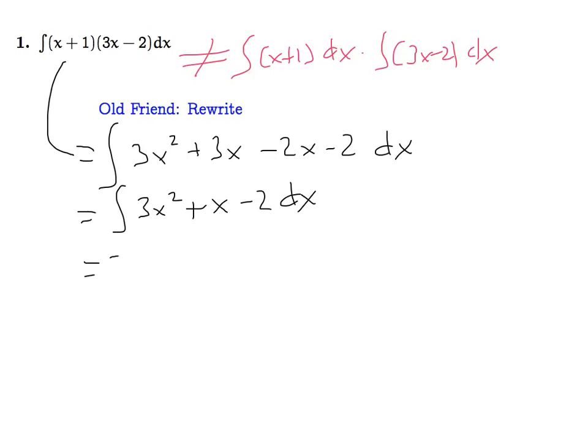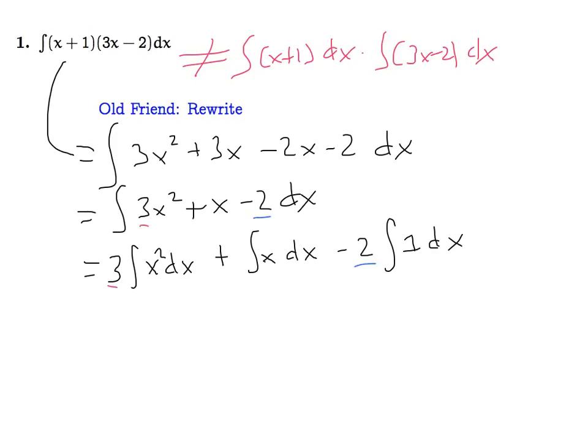So I can break this up into 3 times the integral of x squared dx plus the integral of x dx minus 2 times the integral of 1 dx. So this was a matter of taking my constants out front for each of these, and remembering there's a nice little 1 still in there. And now I can take the integrals of these using my power rules. So this will be 3 times x cubed over 3 plus x squared over 2, using the power rule again,